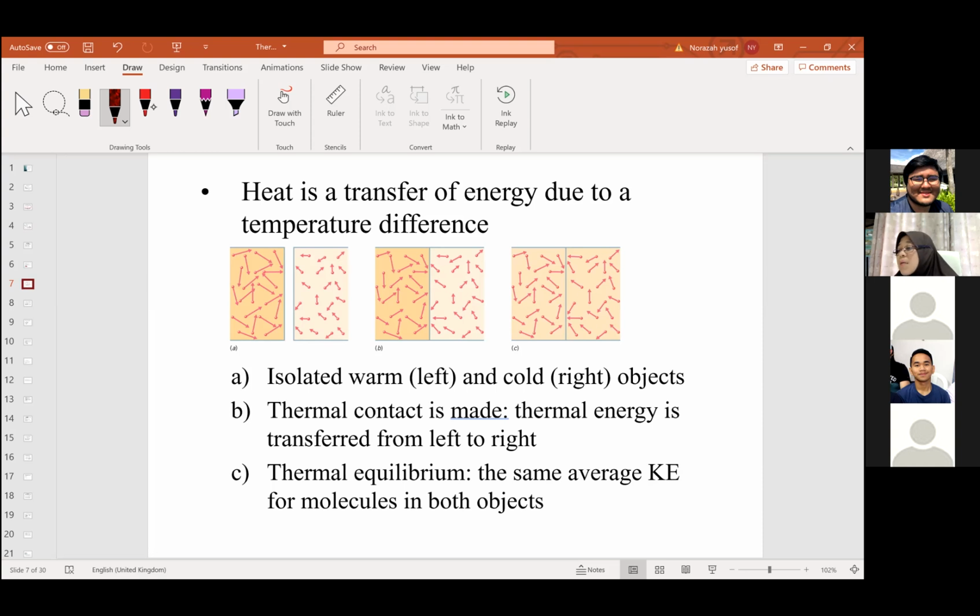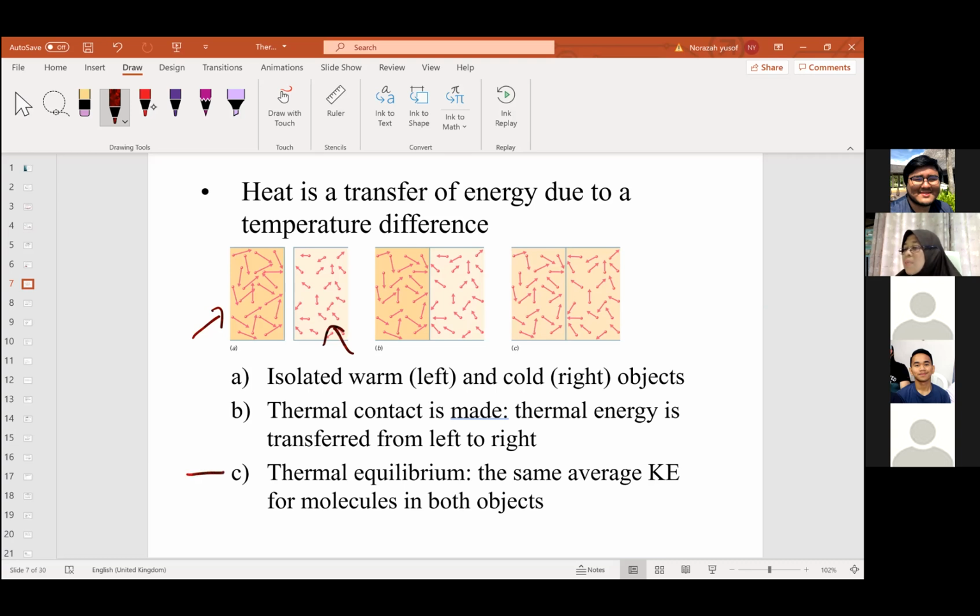Let's say you touch a very cold object, and then your heat will be transferred to that particular object. So let's say you are here, you are the warm object, and the cold object is the right one. So the heat transfer will continue